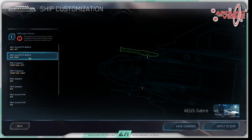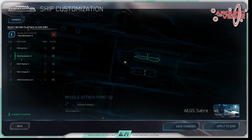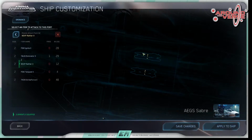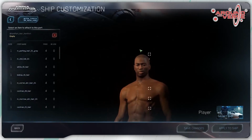So yeah, the ship pipeline is on the line, the patches are obviously not. So here we got the ship customization, which they will be working on as well. I think they're creating some tweaks to actually make the customization a little bit easier, but this is even more cool, I think, because from ship customization we go to character customization, and character customization is of course a